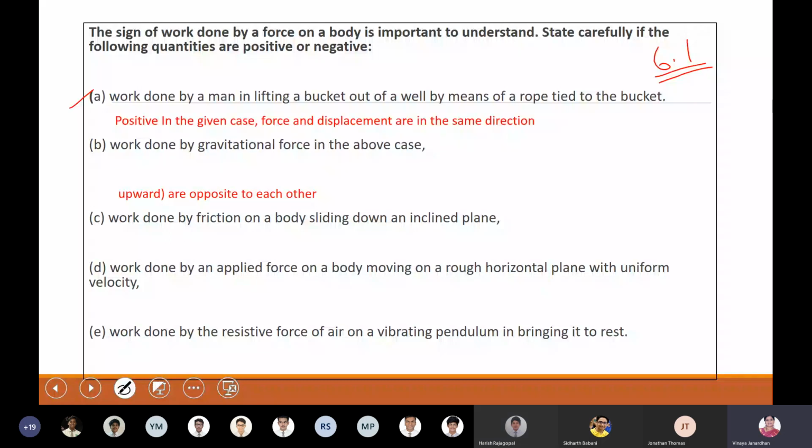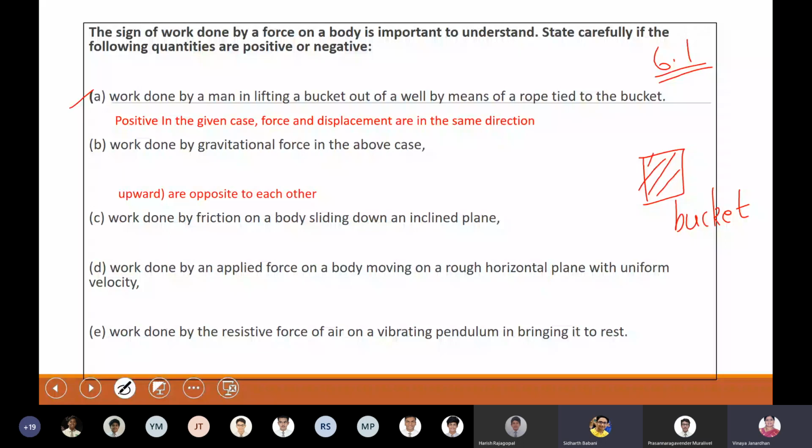Now, why? The reason is, boys, suppose. Ma'am? Yes. Sorry, ma'am, I got disconnected. What should you do? Just write textbook numerical 6.1. Then for subdivision A, only the answer is enough, boys, because you can refer to your textbook, or else it takes a lot of time. Ma'am, only the answer? The question need not be written, because you can refer to your textbook.